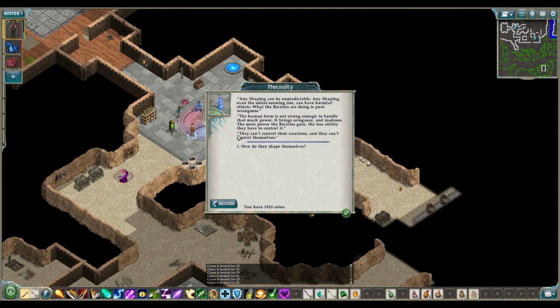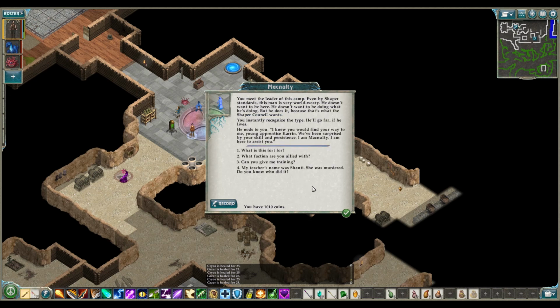Yeah, and that is what's kind of happening. How do they shape themselves? They use techniques found on some place called Sushi Island. I don't know what. I don't want to know. I don't want that knowledge in my brain. It is all forbidden and for good reason. Well, it could be...